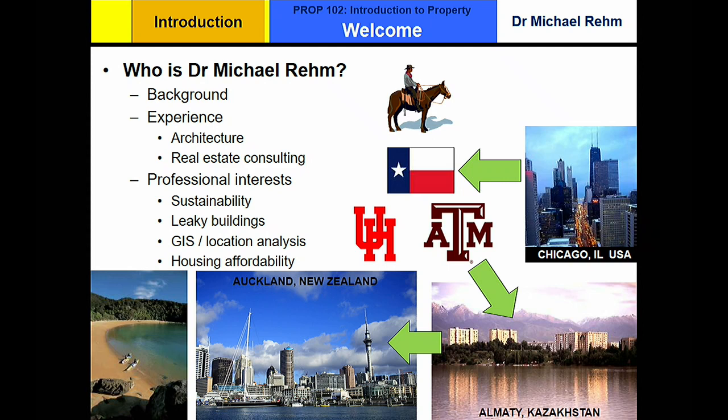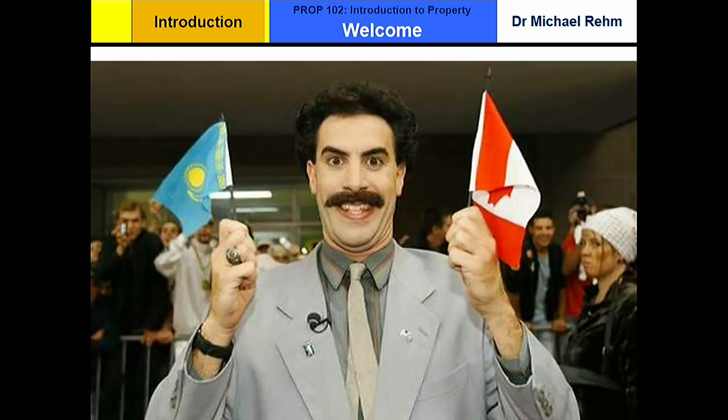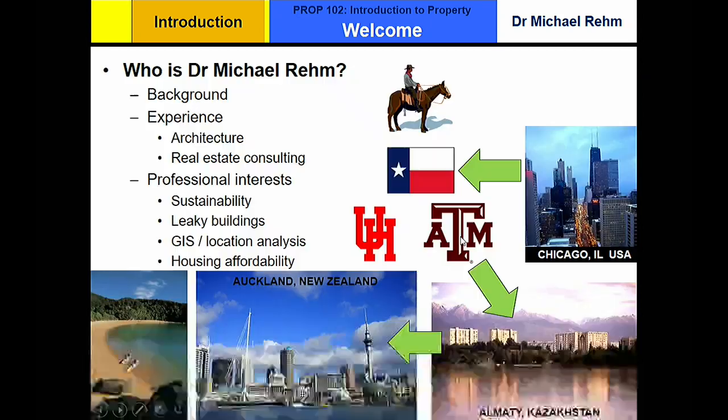She was from a place called Kazakhstan. Now I'm just going to flip to the next slide. It used to be easy. I just say Kazakhstan, people go, oh, Borat. So if you know what this guy is, yeah, Borat. He's from Kazakhstan, supposedly. He's not really, but anyway. So she was from Kazakhstan, and I had no choice. If I wanted to be with this woman, I had to go to Kazakhstan too because of the scholarship she had. The U.S. was going to knock her out of the country, and she had an obligation to live in Kazakhstan and work there for a while. So I ended up there.